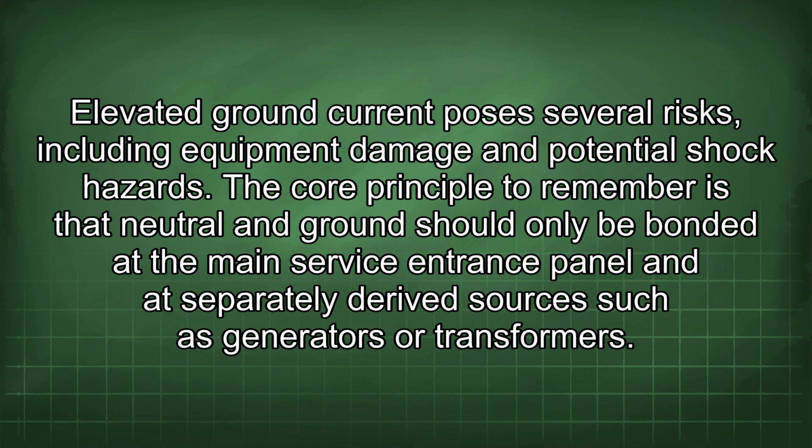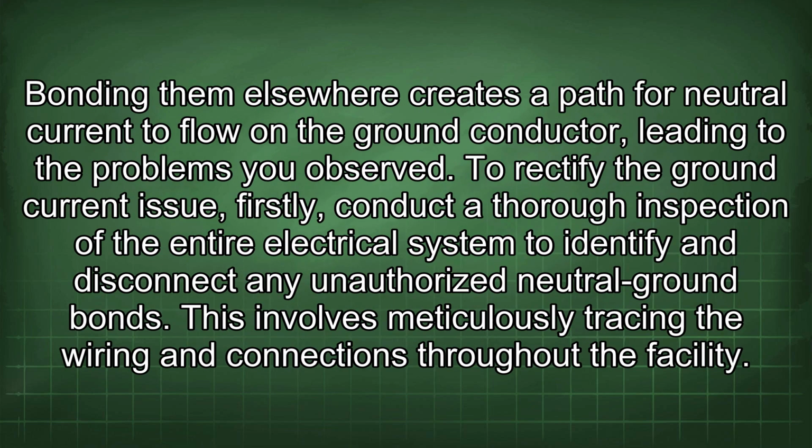The core principle to remember is that neutral and ground should only be bonded at the main service entrance panel and at separately derived sources such as generators or transformers. Bonding them elsewhere creates a path for neutral current to flow in the ground conductor, leading to the problems you observed. To rectify the ground current issue, firstly, conduct a thorough inspection of the entire electrical system to identify and